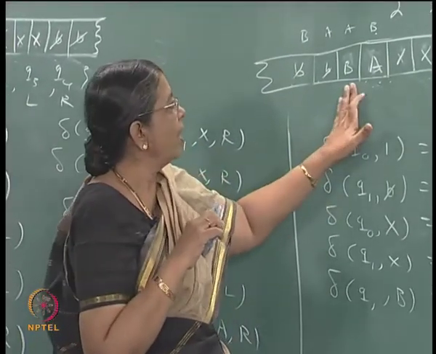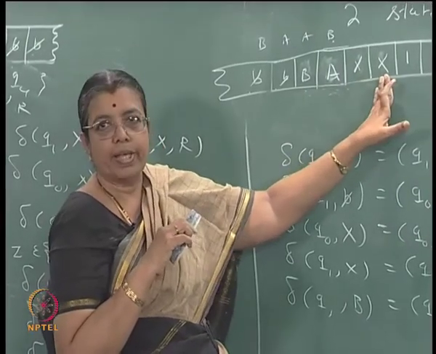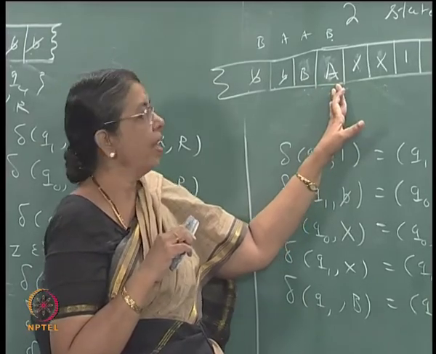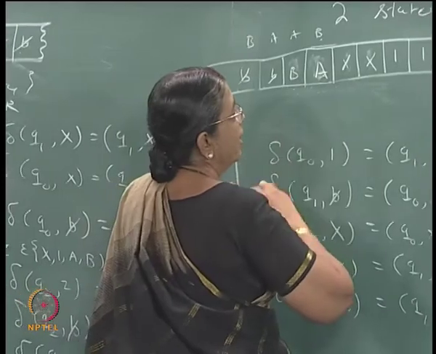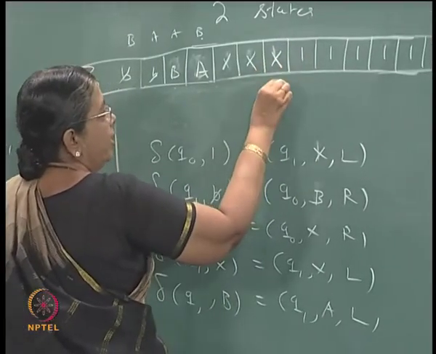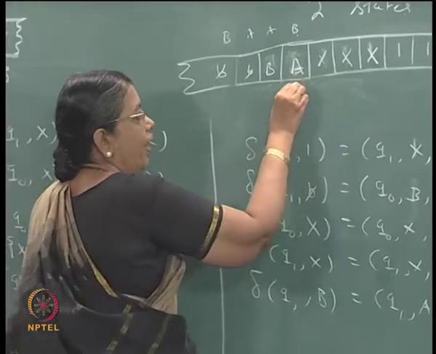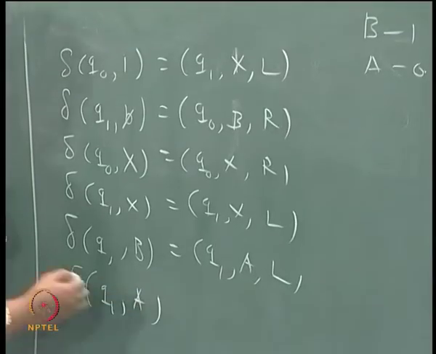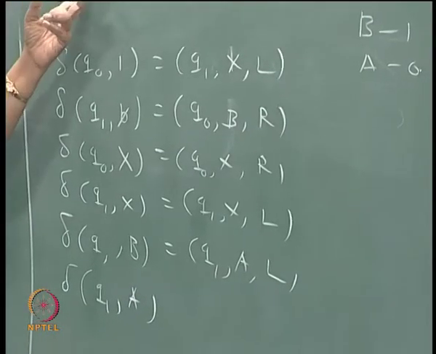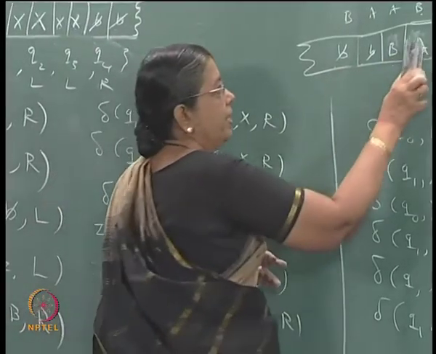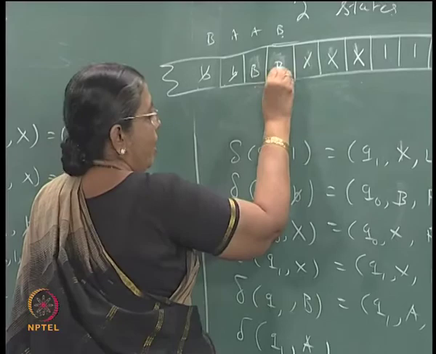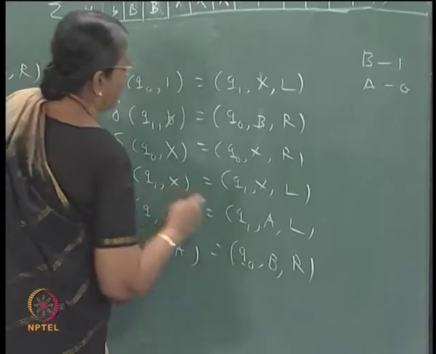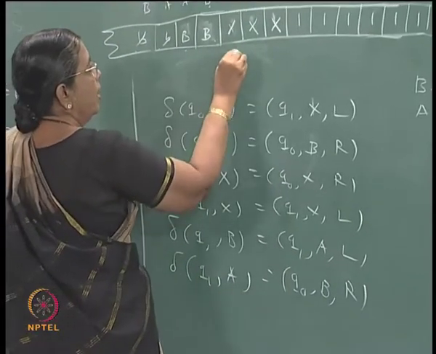Okay. So, now you have changed 2 of them into X's and the number 2 is appearing here in binary. So, move like this. In Q0 you change this into a X, come back in Q1. In Q1 when you see an A, number 3 should appear here, that is B should appear here. So, A will be changed into a B, Q0, B, right. You will start moving in Q0.